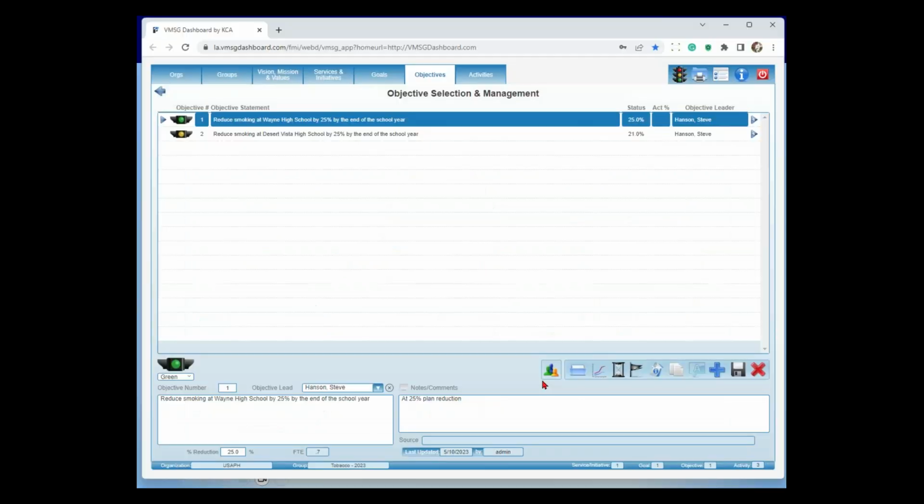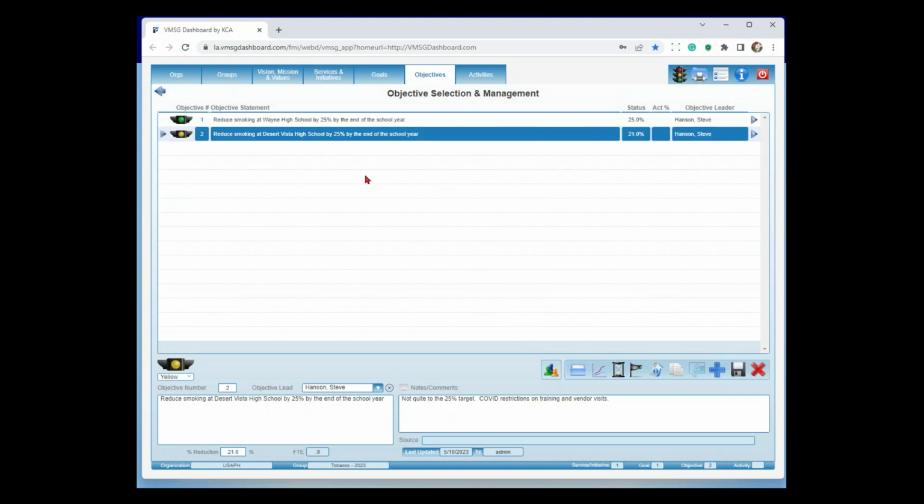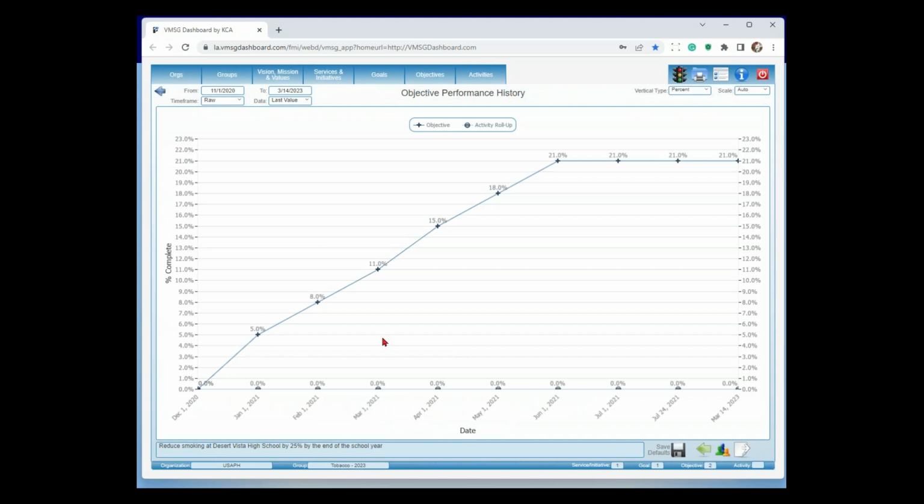Now let's go back and look at a different example here. Reduce smoking at Desert Vista High School by 25% by the end of the school year. Up here, you see we got a yellow light. The yellow light's indicating something potentially going wrong. It says not quite to the 25% target, COVID restrictions on training and vendor visits. Okay, let's look at our chart. So again, we have the ramp up over time, and we got to 21%, not 25%, and capped off there. So at this point, what we know is we're not quite making our target, but what we don't know is why. So now we're going to go back down